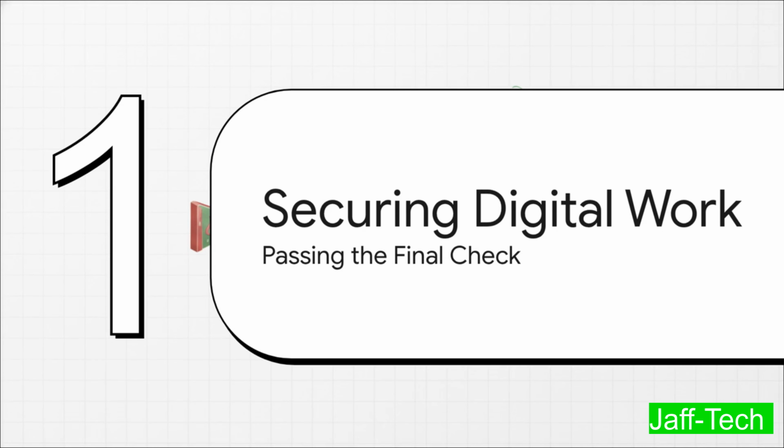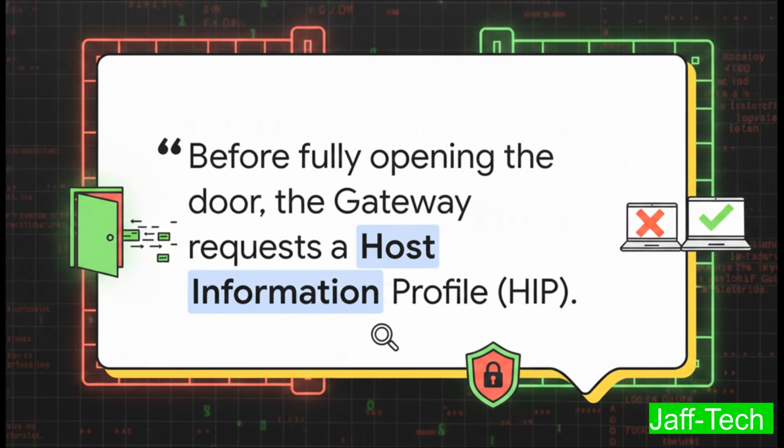Which brings us to Section 4, securing your digital workspace, passing the final check. We're at the very end of our timeline here, but this is where the most critical security happens. We hit this massive security barrier right before you get in. Before fully opening the door, the gateway requests the host information profile, or a HIP check. It's essentially the gateway's bouncer saying, look, I know exactly who you are, but I gotta make sure your device